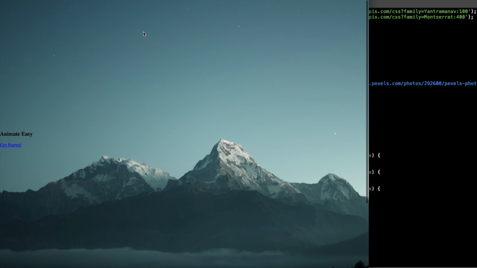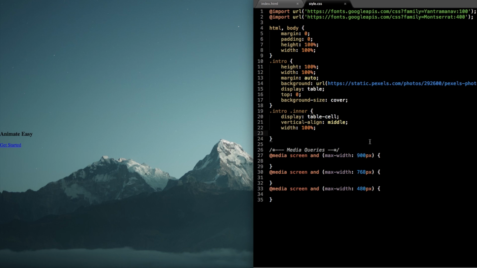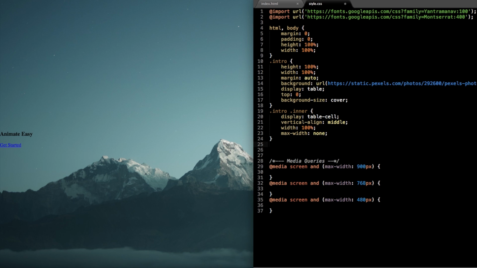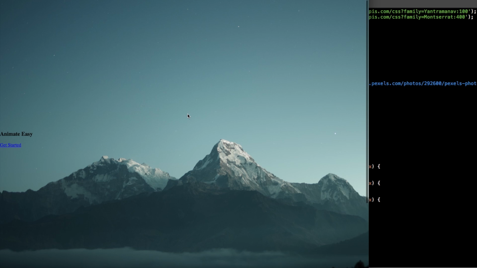So there we have it, refreshing, and it's displaying in the center there. A little bit of the image is dropped off the bottom of the screen here, so it doesn't look 100% centered. So now write max width none, and we'll drop down to the content class next. Okay,